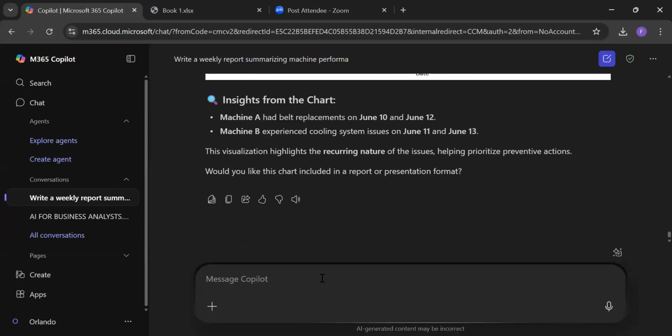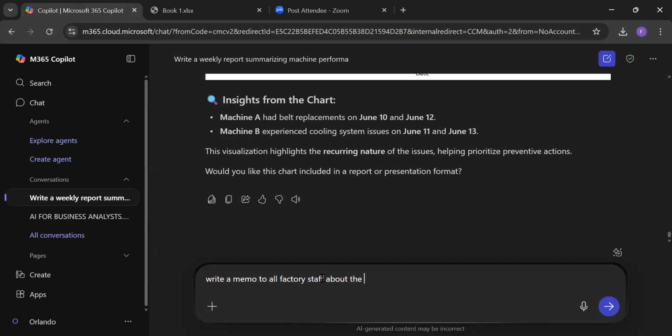Let's move away from machines and everything. Let's go into the HR side, the staff. We can have AI or Microsoft Copilot generate memos for employees in organizations. So let's say we want you to write a memo. Write a memo to all factory staff